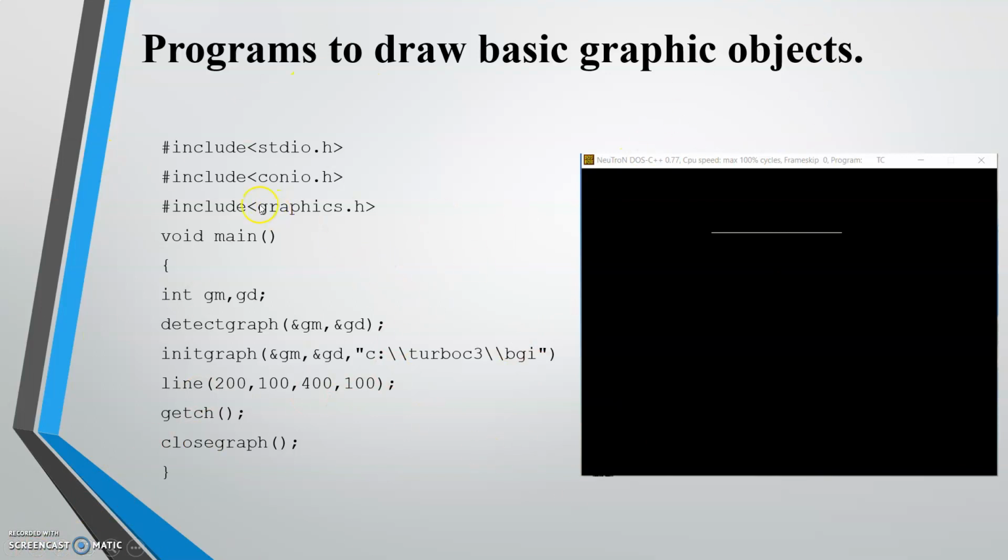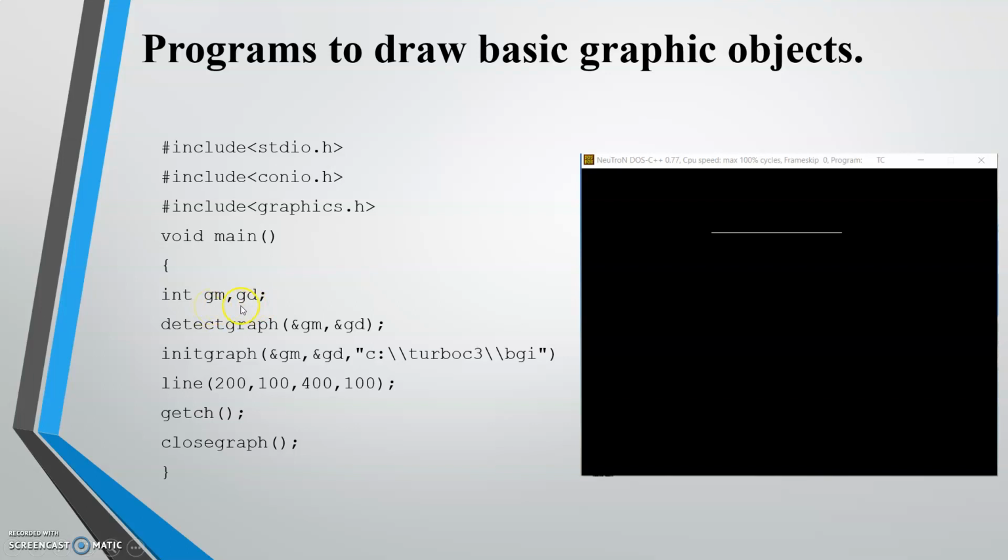You have seen that the syntax is same as you have studied in C language. That is, first you have to declare the header file. After header file, you have to declare the main function. Here you are inserting a new header file, that is graphics.h, and to initialize the system in graphics mode, you are declaring gm gd.